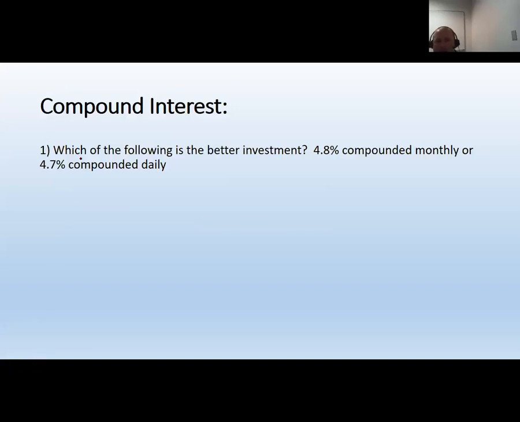There's a formula for effective annual yield, and that formula is EY equals 1 plus R over N, to the Nth power, minus 1. The effective annual yield tells you the percentage of interest for simple interest for 1 year. It converts a compound interest rate to the percentage of interest that you would get in simple interest for 1 year at that particular interest rate with that particular compounding period. So we have to determine which of these has the higher effective annual yield, and that would be the better investment. So 4.8% would be 1 plus